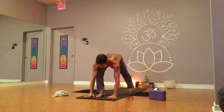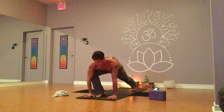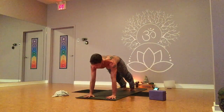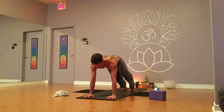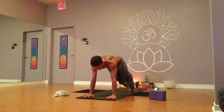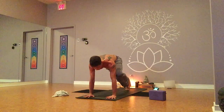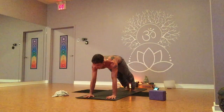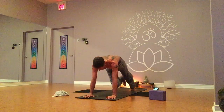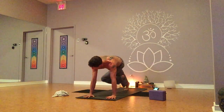Bring the right hand back down, hands to the floor, left heel turns back. Step the right foot back, inhale, come to your plank, and exhale here. Right knee, right tricep, step it back. Left knee, left tricep, step it back. Right knee, left tricep, back, and left knee, left tricep,